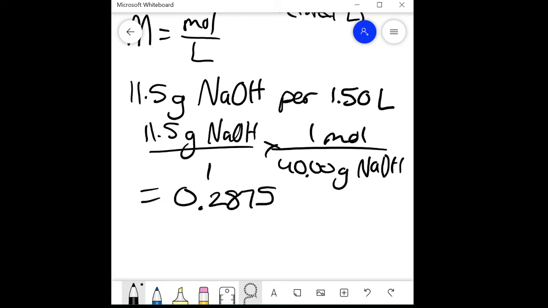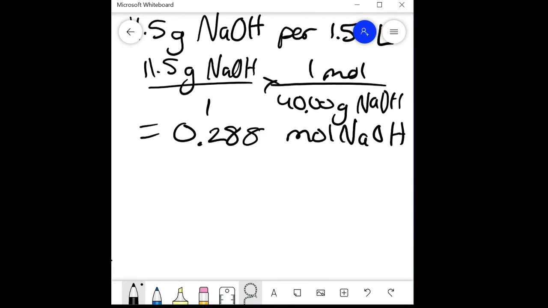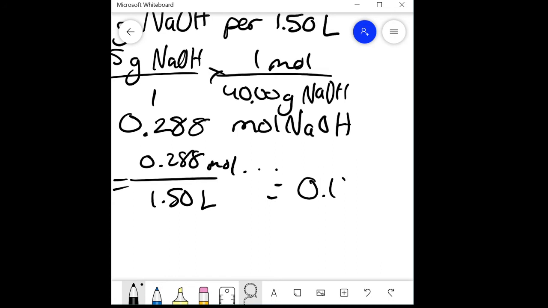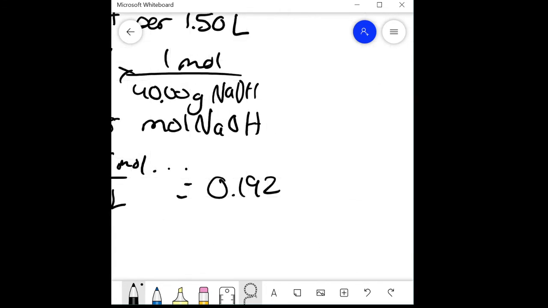So, as you can see, I didn't round to sig figs. You're going to want to use the unrounded answer your calculator gives you. On the paper, you can round to sig figs just to keep track when you're showing your work. So I could say like 8. But you want to use that number that's in your calculator. And then you're just going to say this. And since we're already in liters, we're just going to do this over this. Don't forget units. And that gets us 0.192. So that would be the molarity of